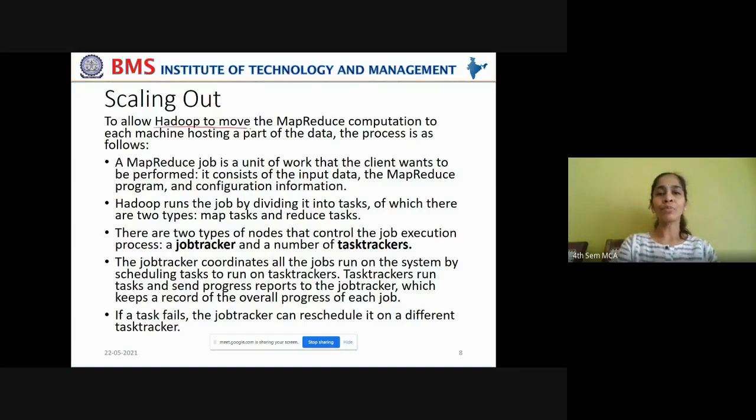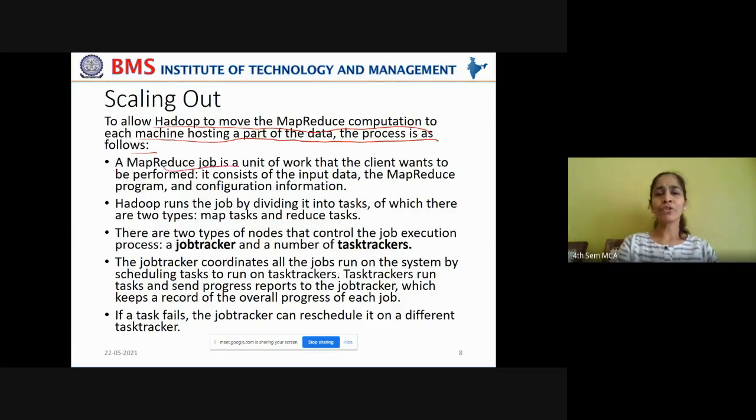To allow Hadoop to move the map-reduce computation to each machine hosting a part of the data, the process is as follows. Remember, you are trying to move the map-reduce computation to the machines hosting the data, to preserve the feature of data locality. What is the process for this?